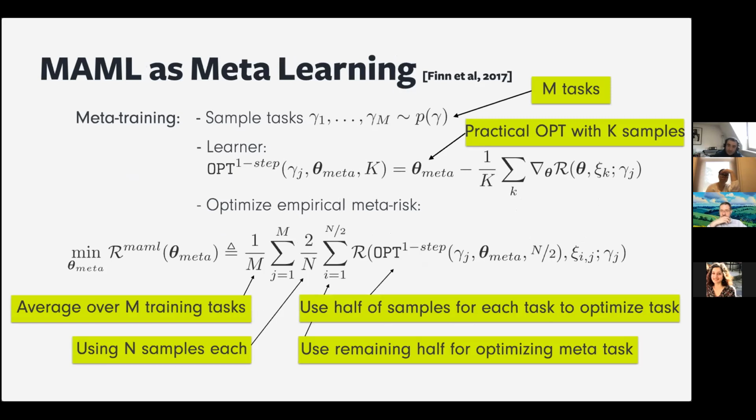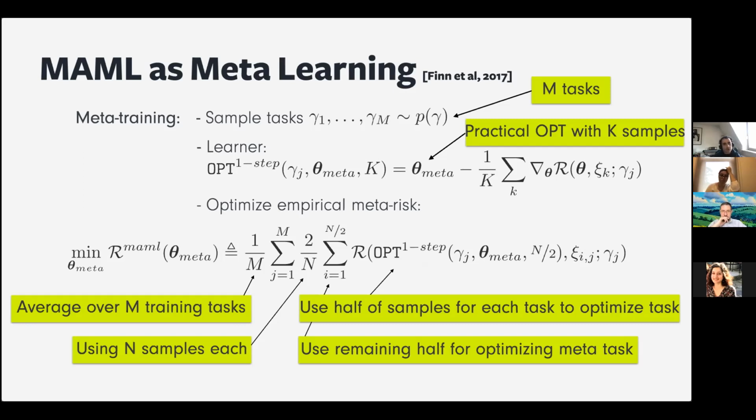The previous thing that I described was still not computational, not operational. We need to find an algorithm which will actually work in practice. And the one that we consider in this paper is the algorithm called model agnostic meta-learning, MAML. In reality, the same analysis applies to all of them, but this is the simplest and I think most reasonable one. So in this case, you have a fixed budget of M. So in meta-training, you are sampling M tasks.